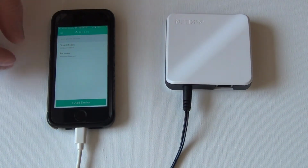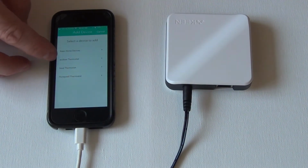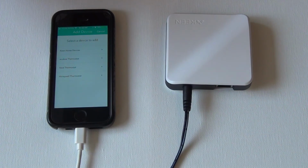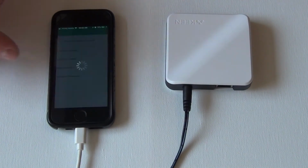Okay, so now what we're going to do is add our thermostat. That's pretty easy to do. We'll just click add device, and we select the thermostat. Now your thermostat has to be set up working with their app. So I have an Ecobee, I have an Ecobee account, I have an Ecobee app on my phone, and I can change the temperature on my phone. So make sure all that is working before you add your thermostat. So we're going to click Ecobee thermostat for me,